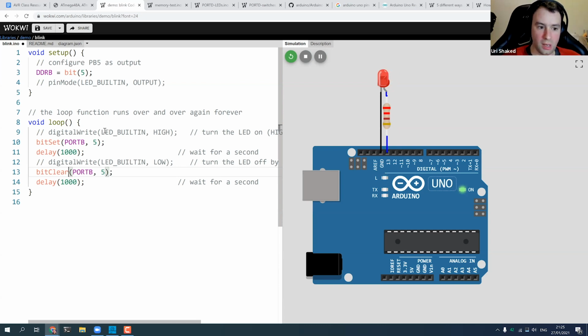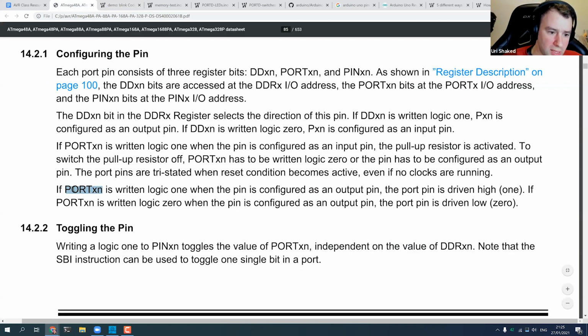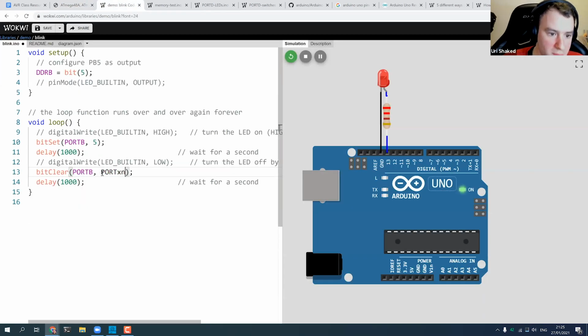So now we blink the LED. Instead of 5, we could have also used those constants. So we can say PORTB5, and that's basically equal to 5. But usually I just write 5 instead of using these constants because it's shorter and I think it's clear enough.